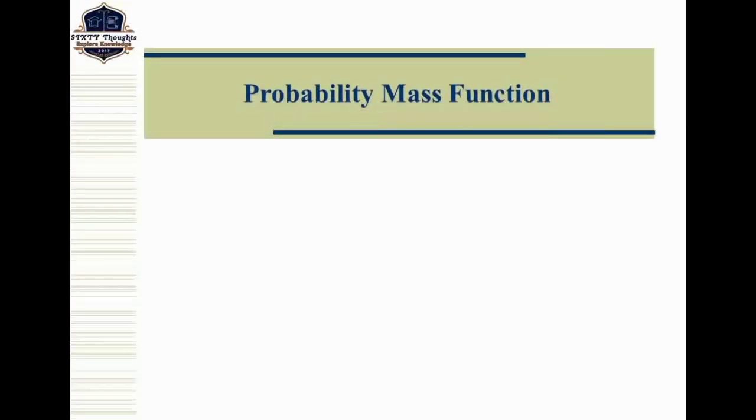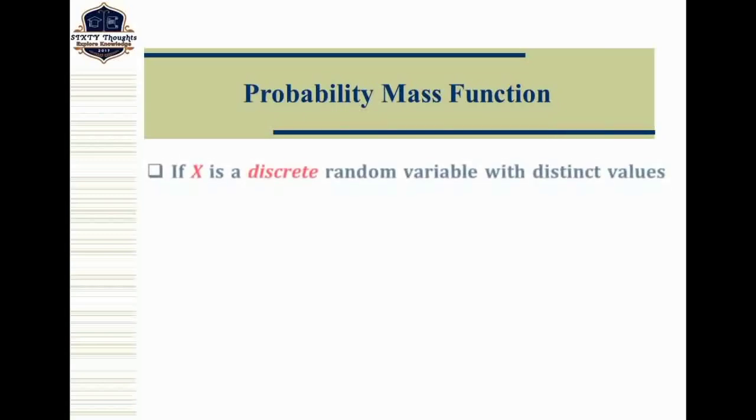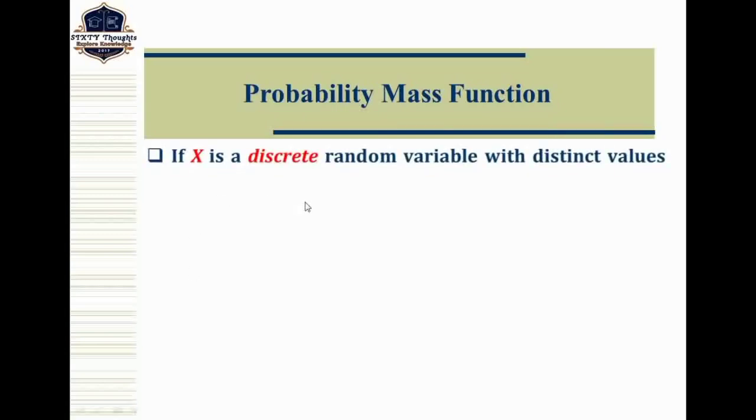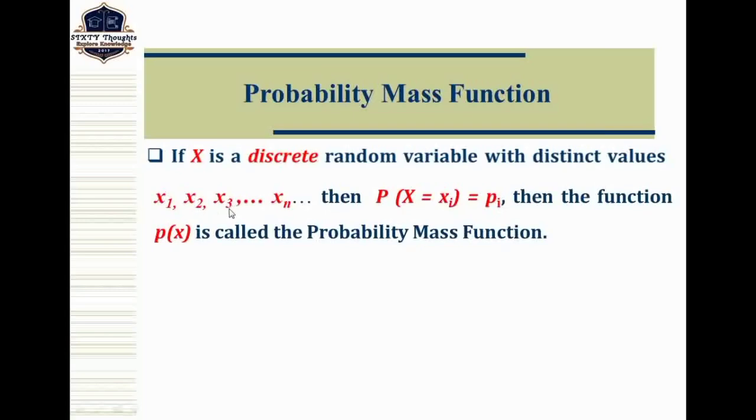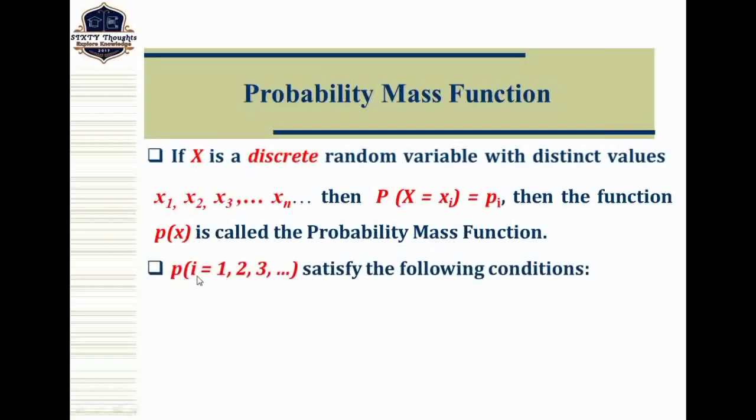In this video lecture, we discuss what is meant by probability mass function. If capital X is a discrete random variable with different values x1, x2, x3 and so on, xn, and so on, then probability of capital X equal to small xi is equal to p of xi, then the function p of x is called probability mass function, provided p of xi, for i equal to 1, 2, 3 and so on,